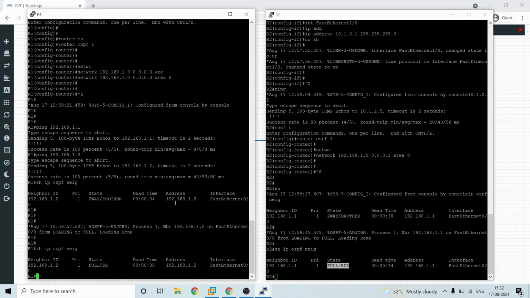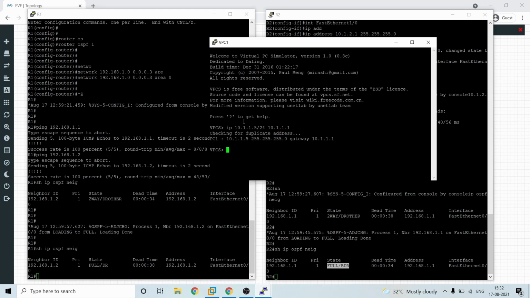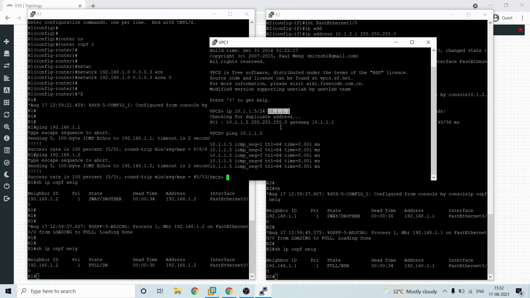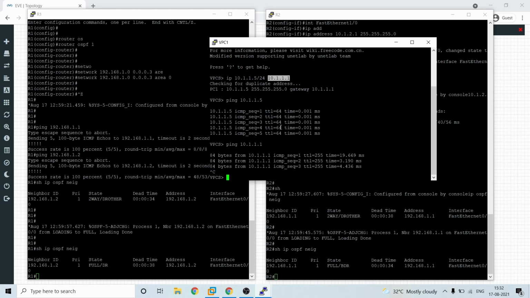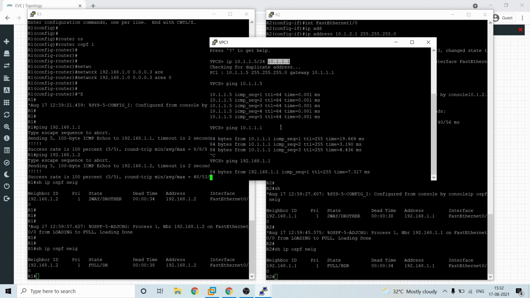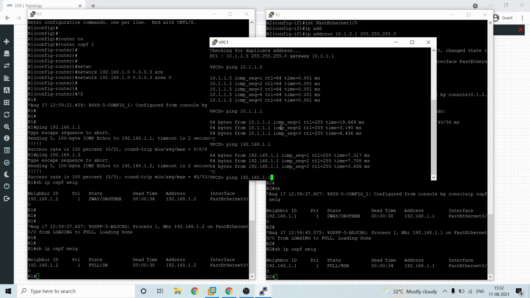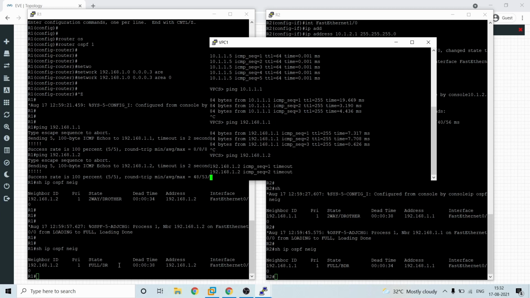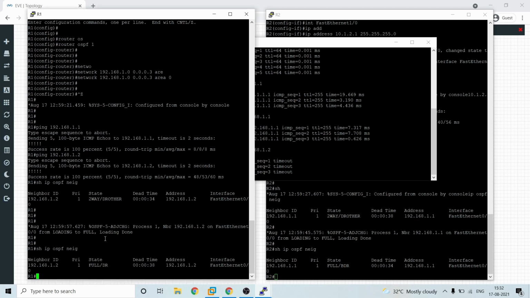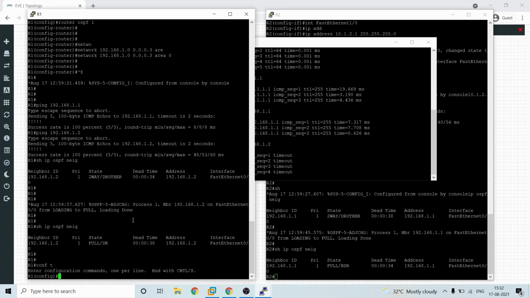It shouldn't, but I'll just confirm on that. We'll show you why. So we'll try pinging the gateway first, which is .5, which is reachable, the self IP, and then .1, which is the gateway, which is reachable, and then we'll try pinging the IP which is configured in the router, that is also reachable. So we'll try pinging the next end IP, that is not reachable. So why is that? Because we see that the neighbor is up, but it is not reachable. The reason is the network is not advertised.